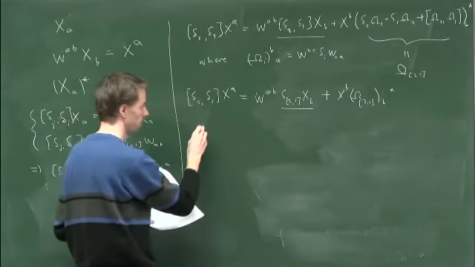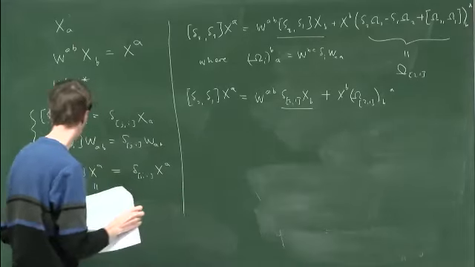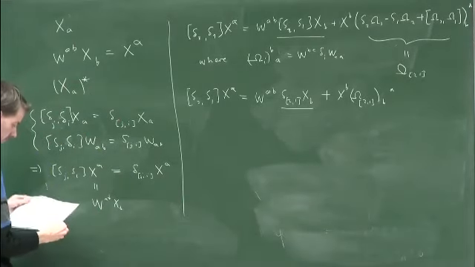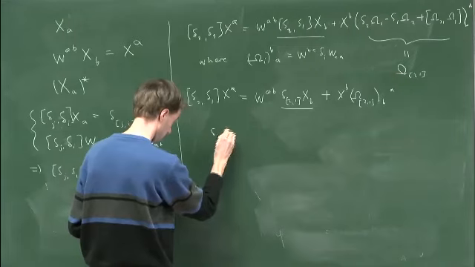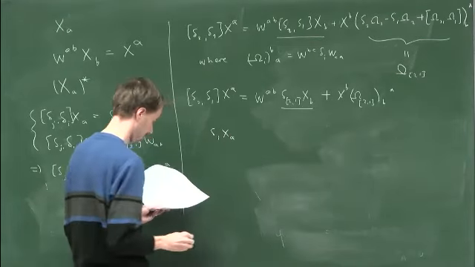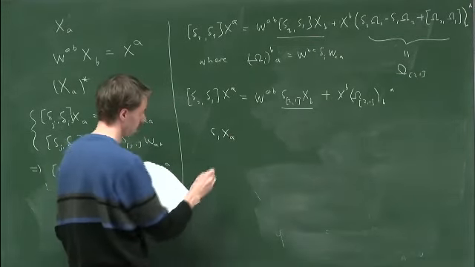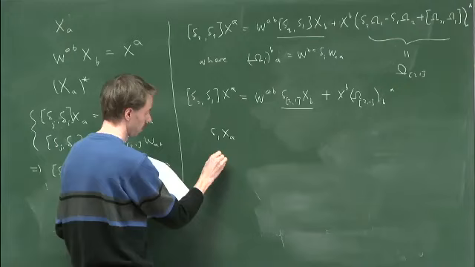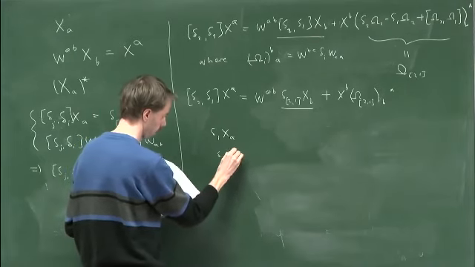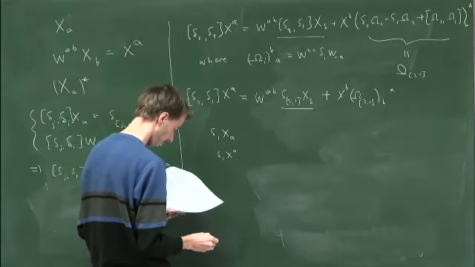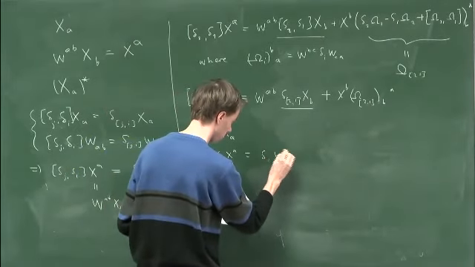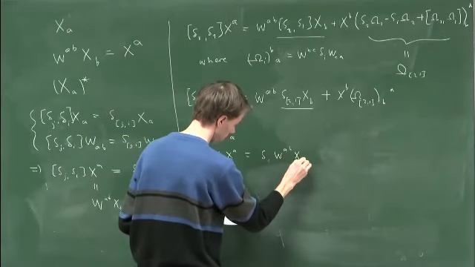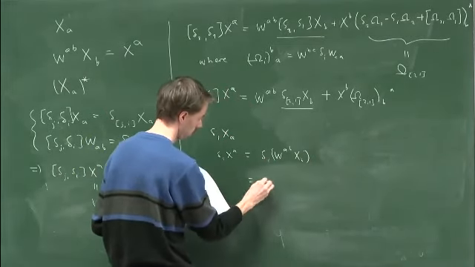And actually this is a closure relation. Because if I start with this one, then this with upper index is given by delta, and